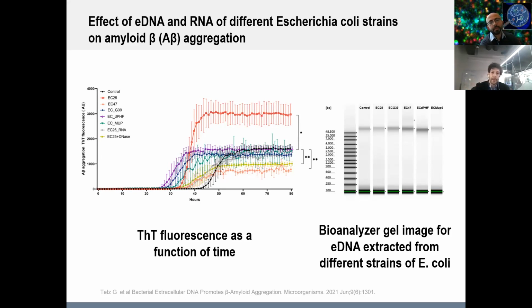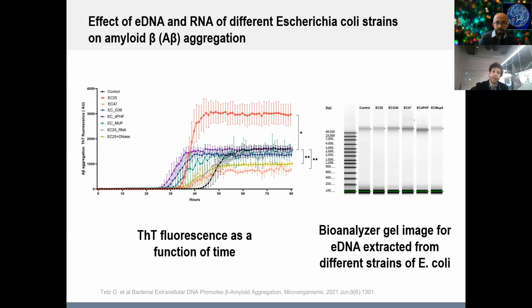So we used clinical isolates, different strains, and evaluated whether or not they have any pro-aggregational activity. Surprisingly, we found that thioflavin signal was only increased by the eDNA of E. coli ATCC 25922. At the same time, we found that eDNA of all E. coli strains shortened somehow the lag phase. I haven't put the lag phase here directly, but you can see, even on this image, that the lag phase was clearly shortened.